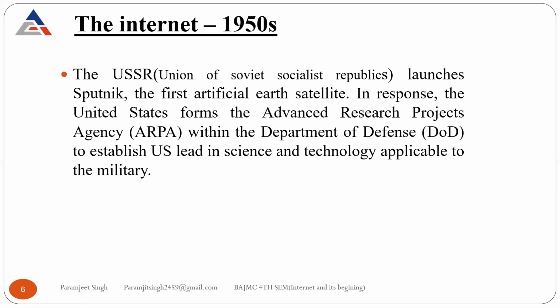So from there, the internet also started. It was first launched by the Soviet Union, which launched the first artificial Earth satellite, and in response, the US launched their Advanced Research Projects Agency, which is ARPA, with the Department of Defense. Moving to the next slide,